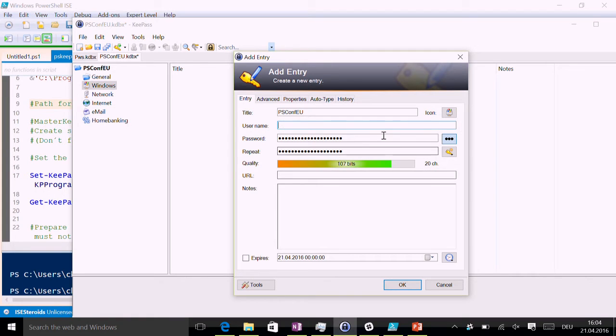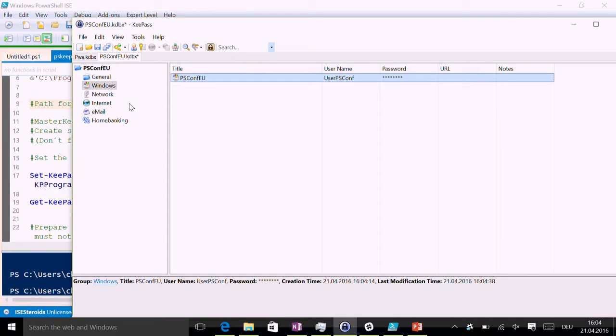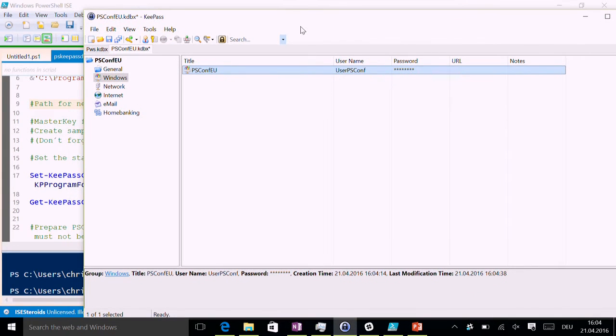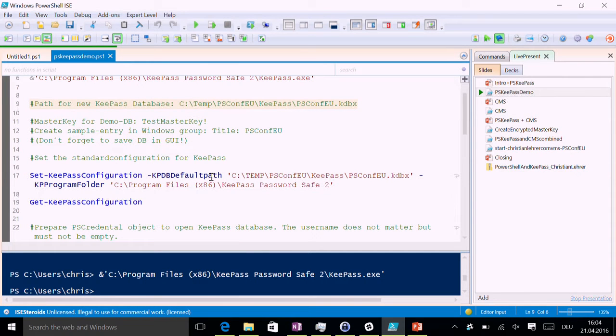And we have it, whatever, user. And we give it that great password. That's an easy password to remember, right? So I just put it here. What's really important, you gotta save your databases. So now it's saved. It's actually a file there on the file system,